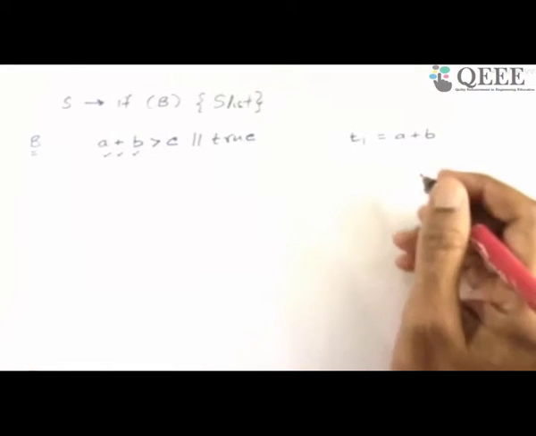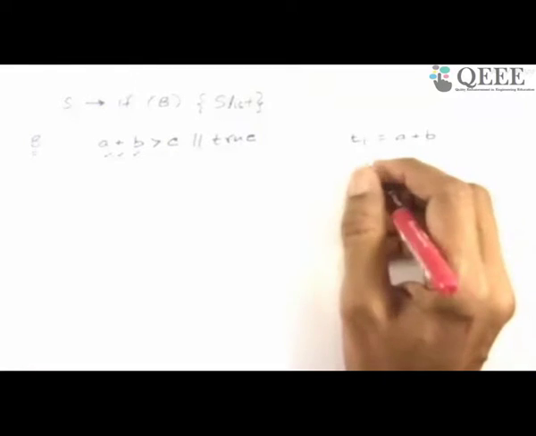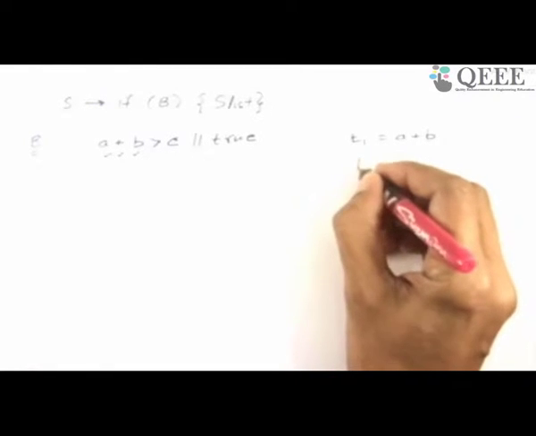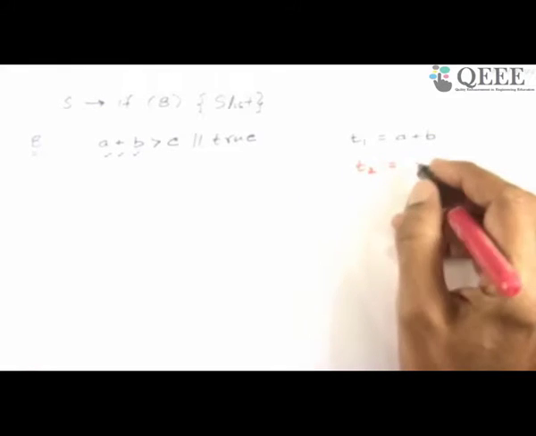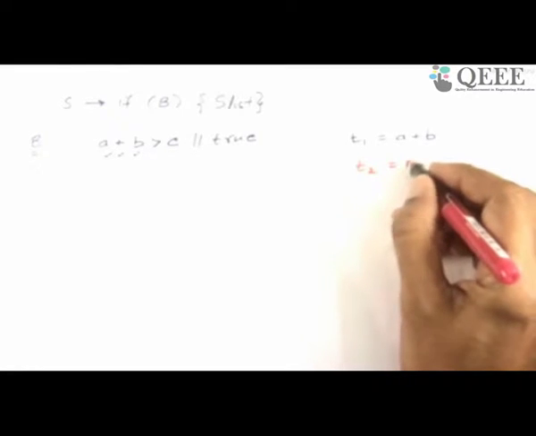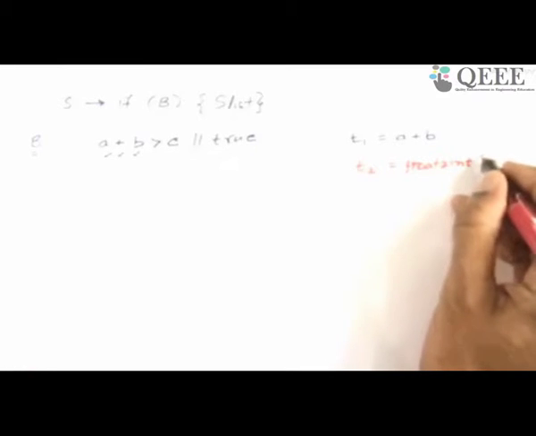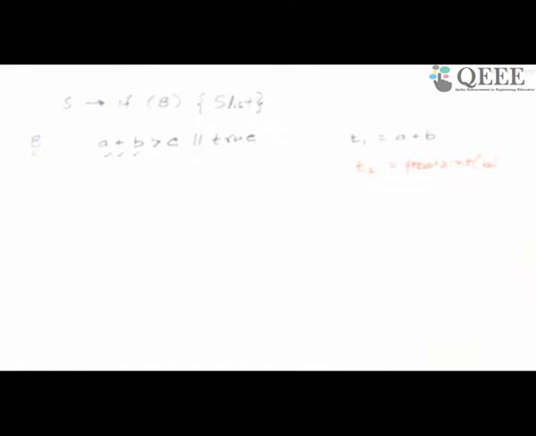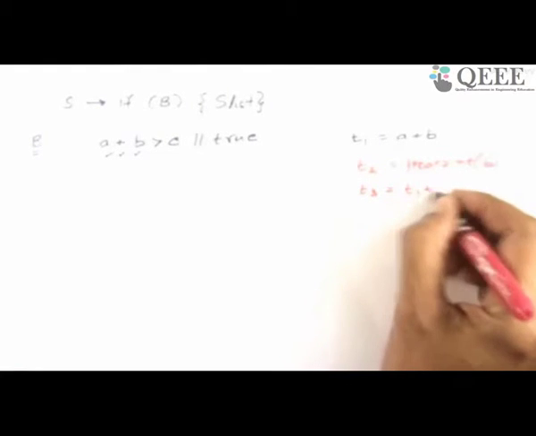The system has more problems if A and B are of mixed mode. Suppose A is integer and B is real. Then what will it do? Then it will say, okay, I can't do this directly. So it will say T2 equal to, where B is the operand, convert float to int. I'll call a special function which will convert it to int. Okay, this is T2. And then I'll issue out a different code which is T3 equal to T1 plus T2. These are two parallel codes, they are not going together.